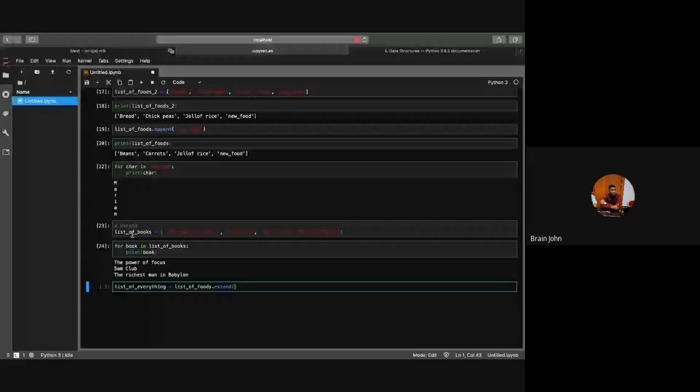So we can say this list of everything is equals to. So we're trying to append this list of books to the list of food. So we can say list of food dot extend, and it takes in an iterable. So put in the list of books, which is an iterable. If we should print list of everything,